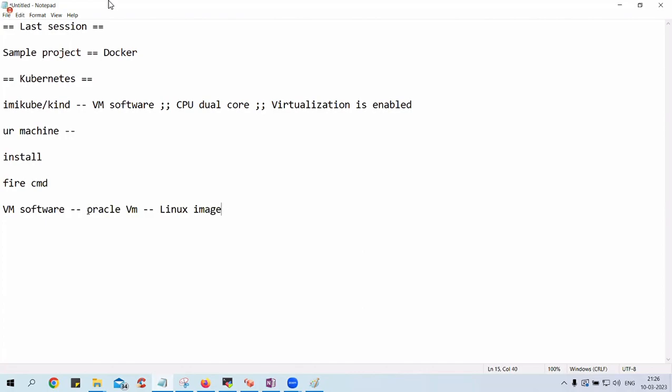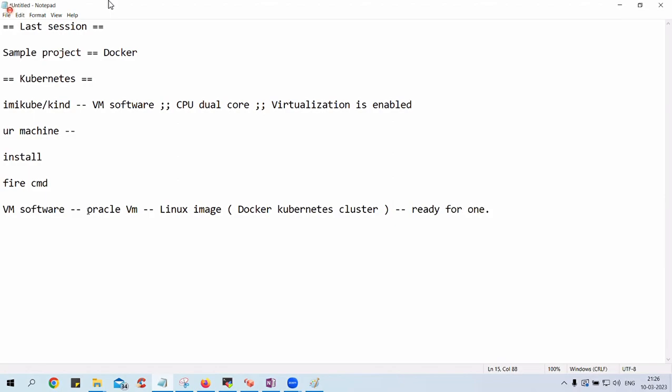No need to do anything. It will identify the VM you installed on your machine and install the Linux image upon it. This Linux image will carry Docker and Kubernetes, create a cluster and make it ready for you. You understood?